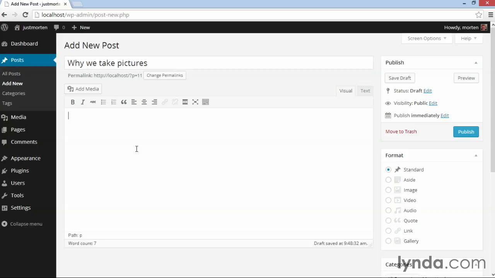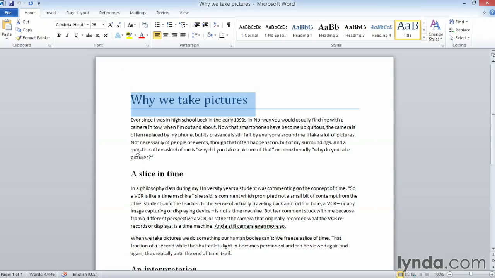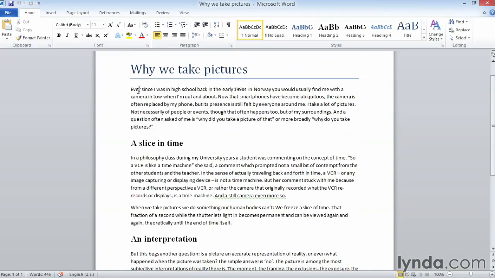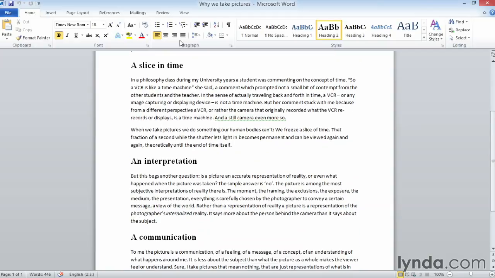it into WordPress. But that's not a really good idea, because if we look at the content in my Word document, you'll see there's some styling here. First of all the text has fonts. You see that the regular text has a sans serif font, and the title has a serif font. There's also size differences between them. And all this is styling. So if I were to copy this and just paste it into WordPress, I would also copy all the styling